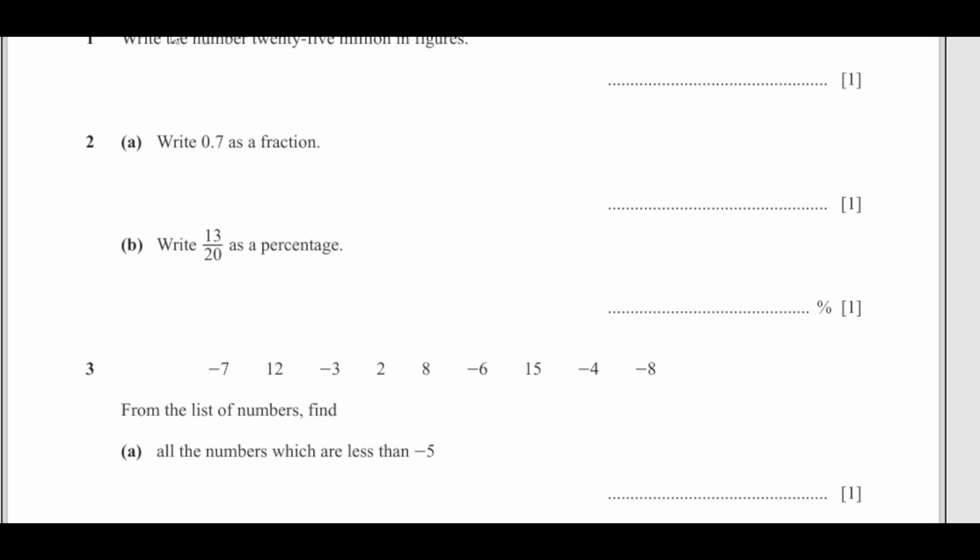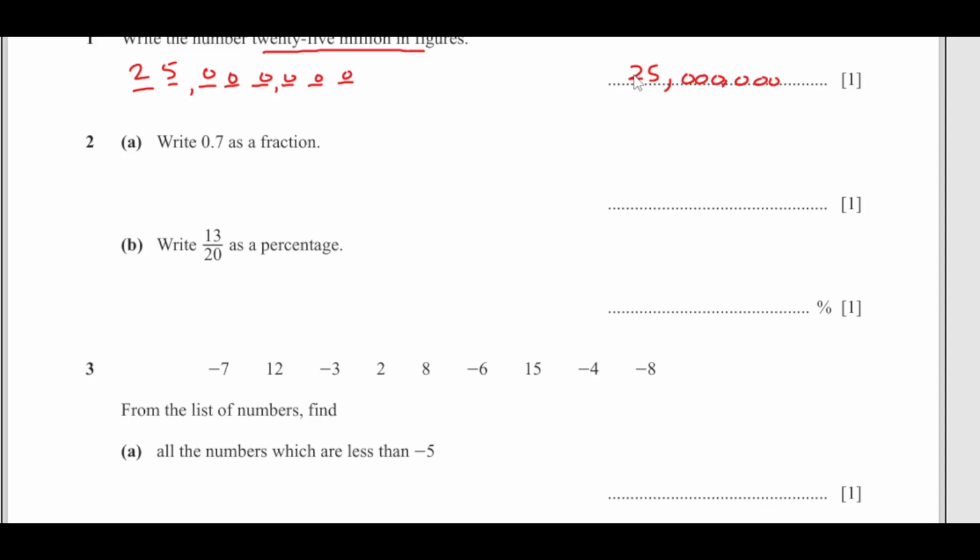So the first question that we have here, write down 25 million in figures. So we have ones, tens, 100, 1,000, 10,000, 100,000. Then we have million and 10 million. So 25 million. So we are just going to add all the zeros here to make it 25 million. So 25, and then we will have 6 zeros here,